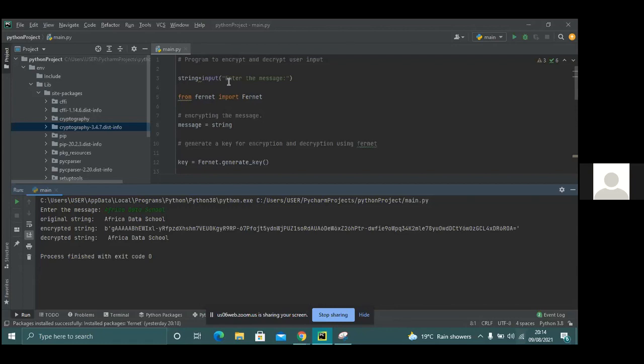Awesome. Maybe we can try together the one where you have to input the key to decode. Nice. This is great.